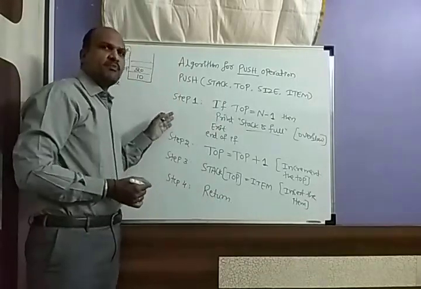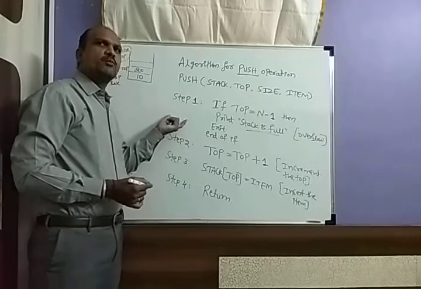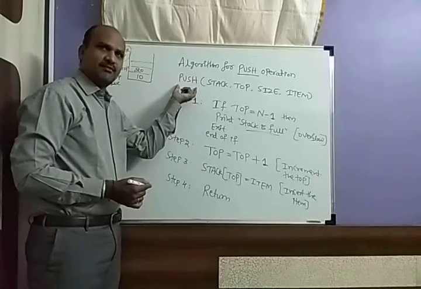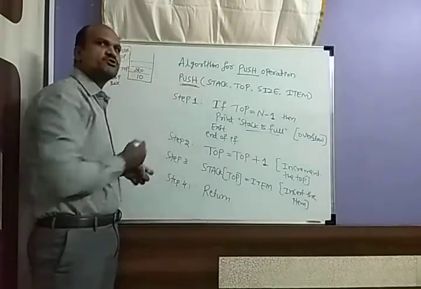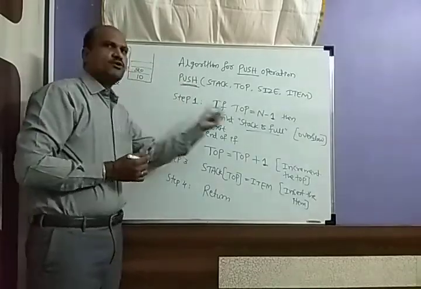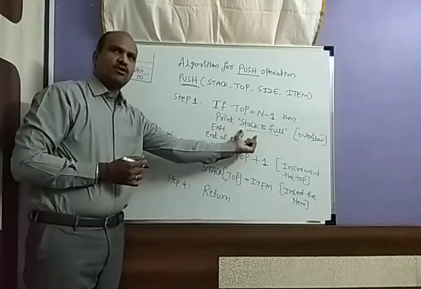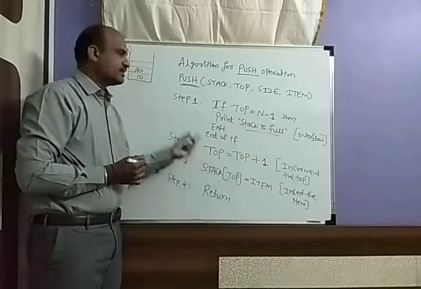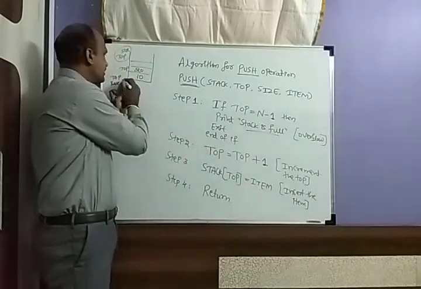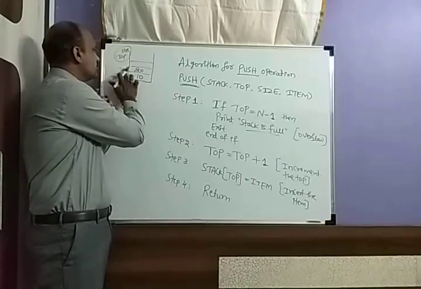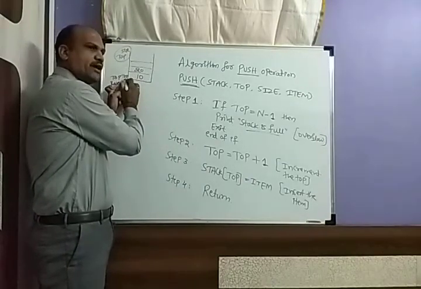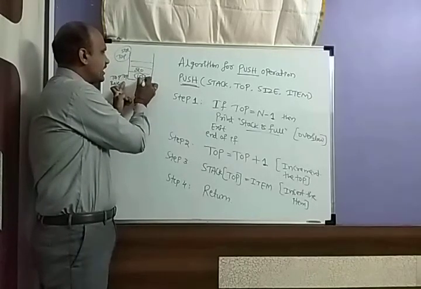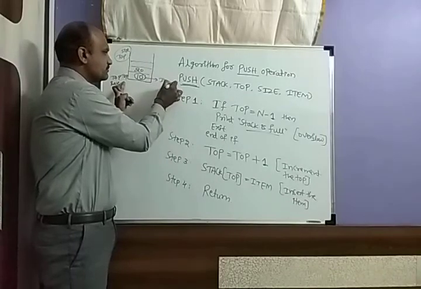So this is a simple algorithm for writing the push operation. Very important: when you go for the stack, adding elements means push. In step 1, you check whether the stack has reached full or not. If it is full, you cannot add elements. Then increment the top, because earlier it was here, and now the top becomes here. When you have incremented the top, you add the element, so stack of top is equal to item. This item is inserted.